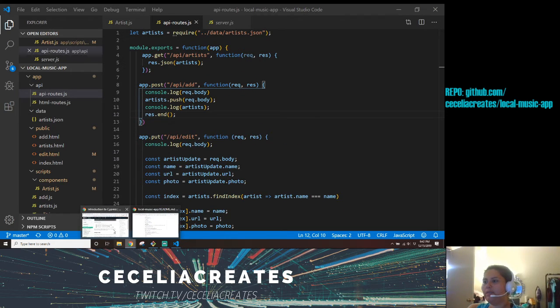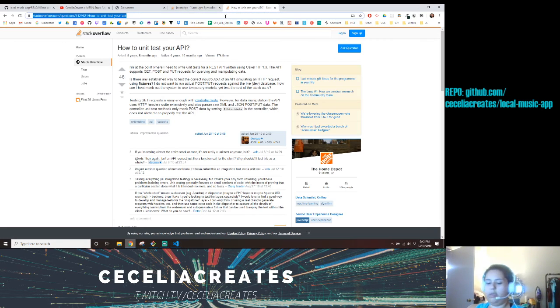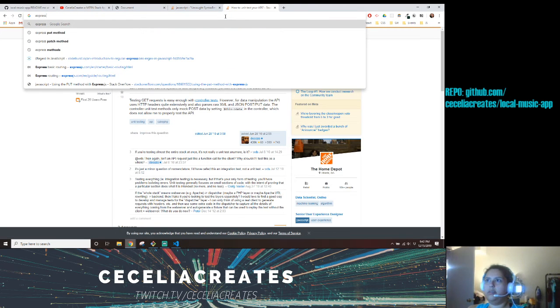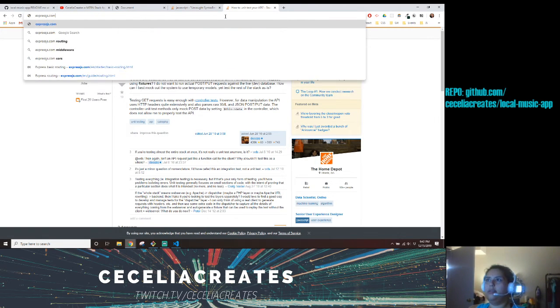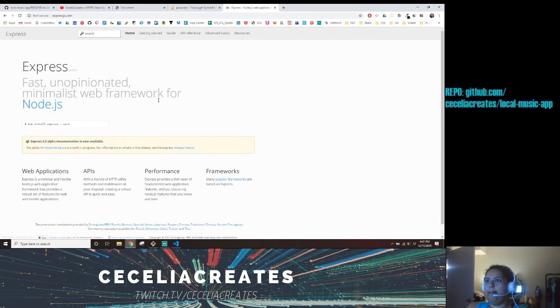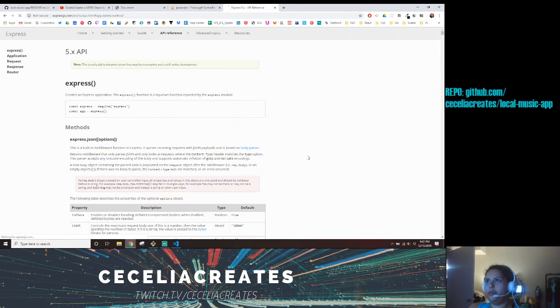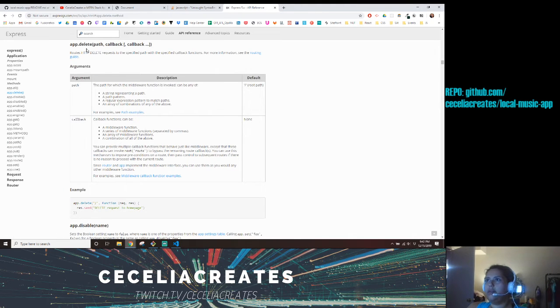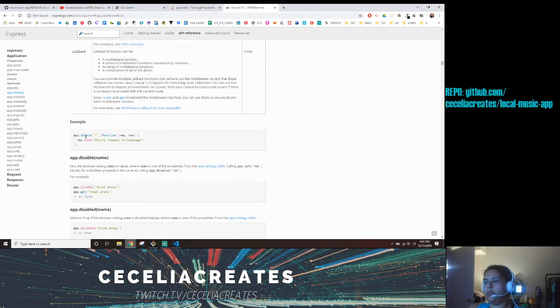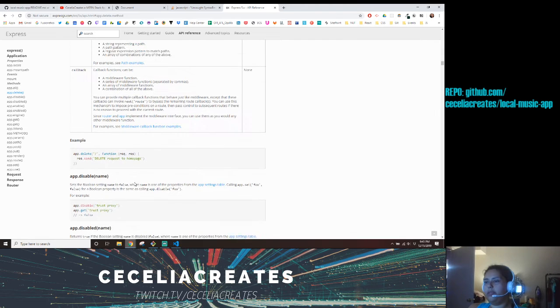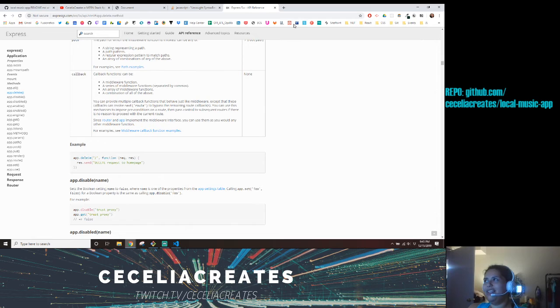So let's take a look at the Express documentation. Expressjs.com. And let's look for delete. Make sure that we're using the syntax right. Okay, so app.delete, path and then the callback. Send, return. Okay, so pretty much the same way that we thought we would. And then what does it look like